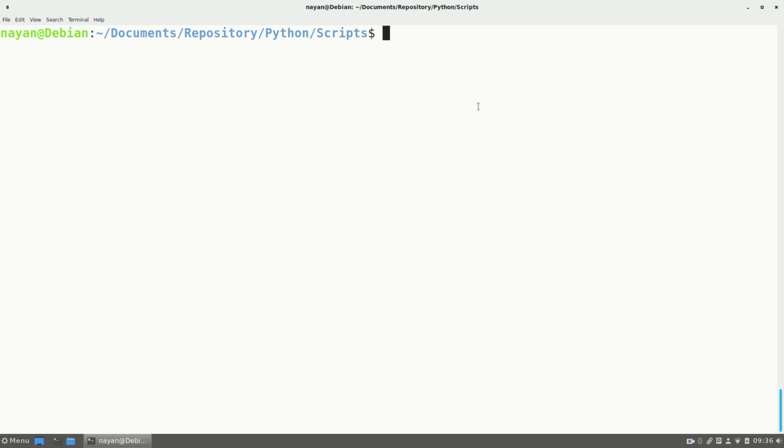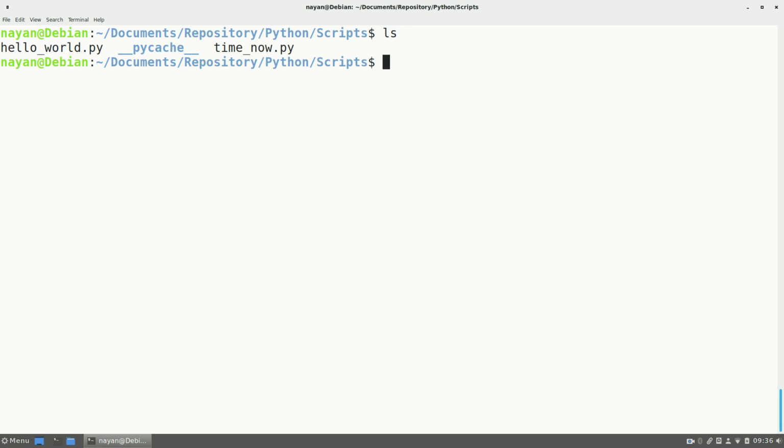So over here, I want to run these hello world.py and timenow.py Python scripts. Right now these two scripts are in my scripts folder, so I have started this terminal from this scripts folder. So now let's see these two ways to run these Python scripts.